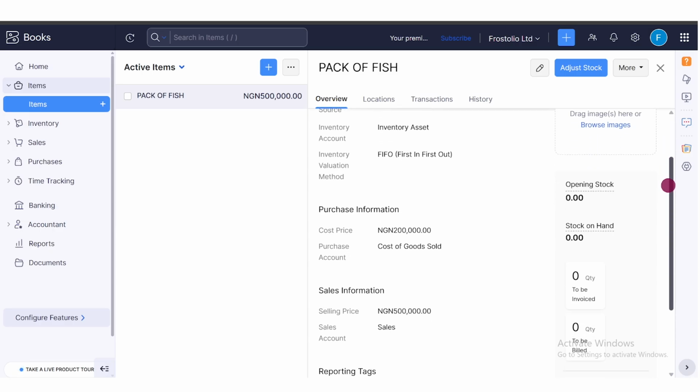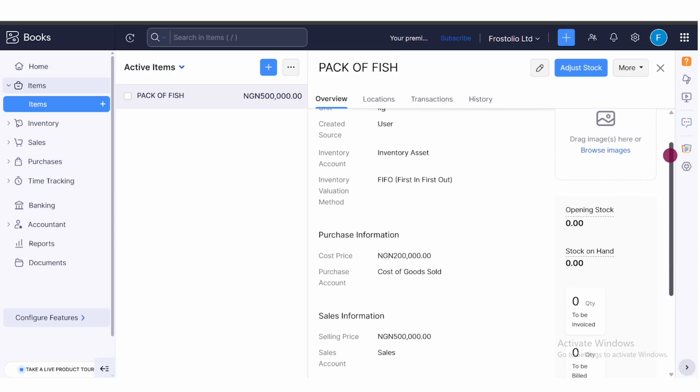But for this, we are only creating these one after the other, singly. So this is the flow of Zoho Books. First, you create the item. It won't prompt you to put the opening stock. So once you've saved the item, you can now add the opening stock. So as you can see, we can just quickly add our opening stock here. So we go back to